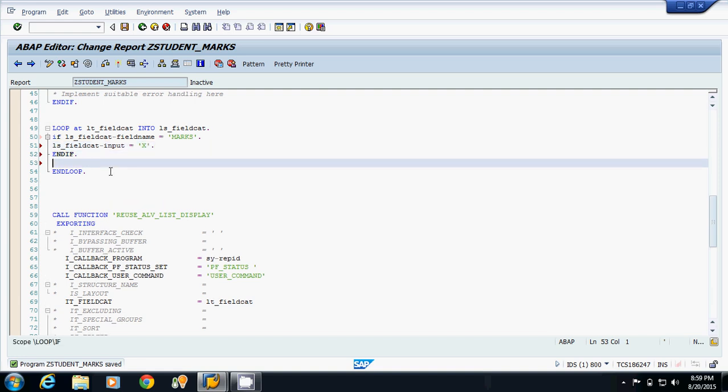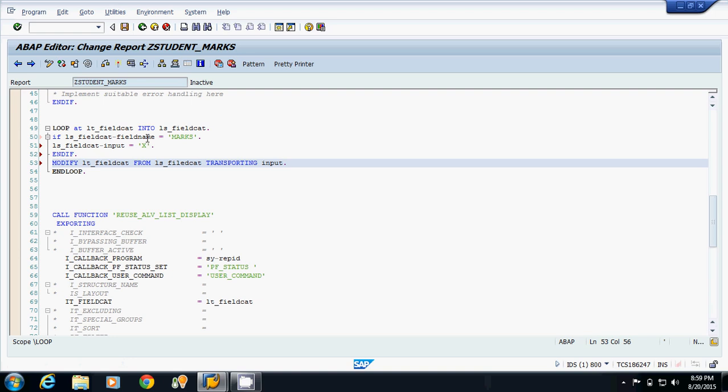Now I have to pass these changes to the internal table, so I have to modify the internal table. How will I write modify? My internal table name is lt_field_cat, from my work area ls_field_cat, transporting input field.